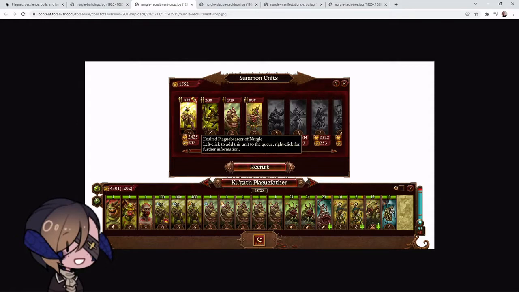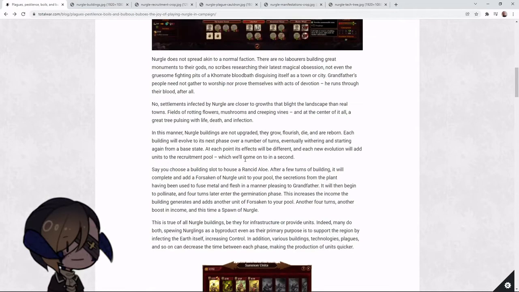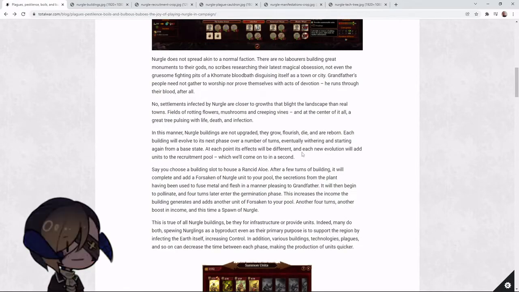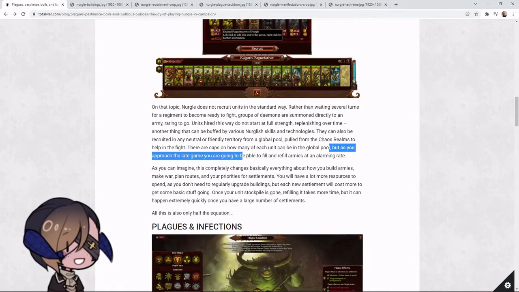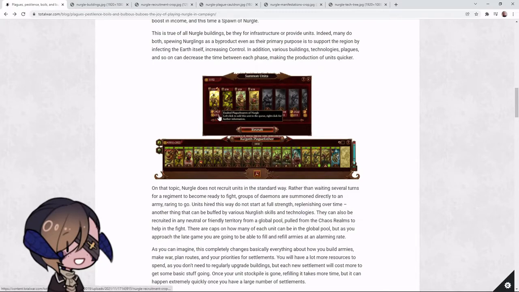I wish they showed us where in game we're going to see how low we get, if we're at 50% and all that. I'm pretty sure Nurgle is going to be very good at replenishment, because they say there's a couple of technologies that increase your casualty replenishment. I don't know where it might be here. Yes, down here somewhere. But as you approach the late game, you'll be able to refill armies at an alarming rate. So imagine Tomb Kings, but on steroids a little bit. You still have to pay for them, but